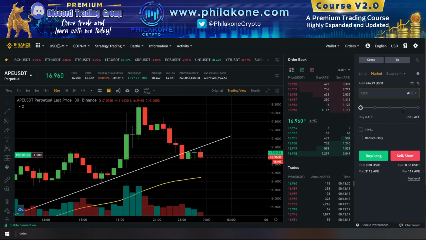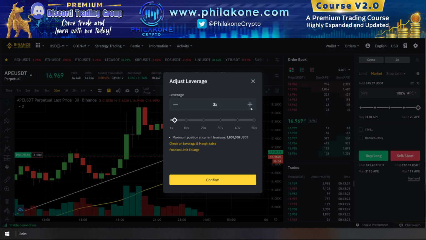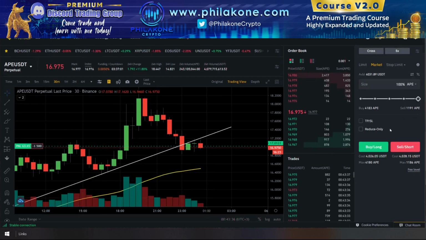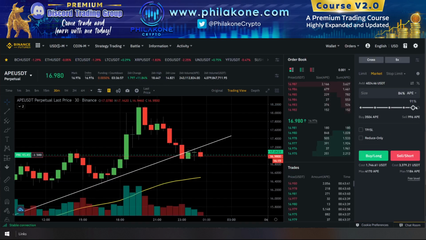I'm going to add another, how much can I add here for leverage times 3? That's the maximum. Actually, I'm going to leverage times 5 maximum for this trade here. Let's see what I can accomplish. I expect a good drop to the downside here with a little bit more force. So right now I'm in a position for 25K roughly. And let's add another 4,000 here to my position.